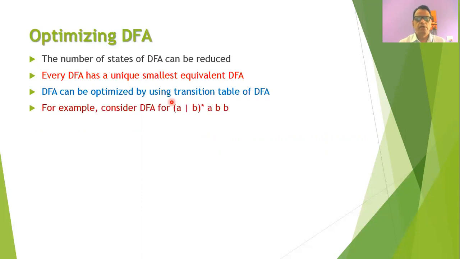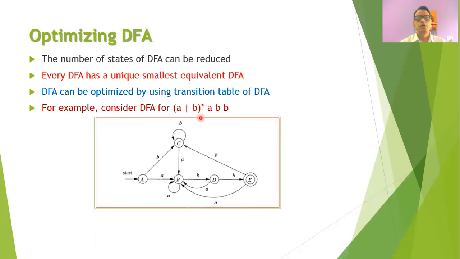For example, we will consider the regular expression (a|b)*abb. Now we know that the DFA that we have obtained for this regular expression is like this, where it will consist of the states A, B, C, D, and E. That is, there are 5 states in this DFA. But it is possible that you can reduce one state from this DFA by using the algorithm called optimization of DFA. So even if you are able to reduce one state of the DFA, it means that the coding effort is reduced for the DFA.